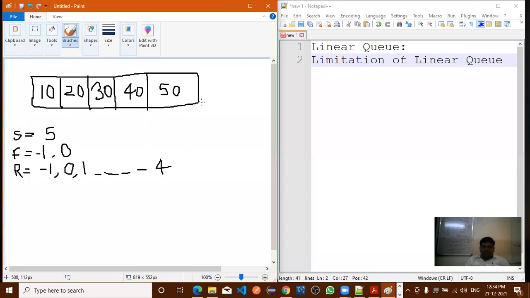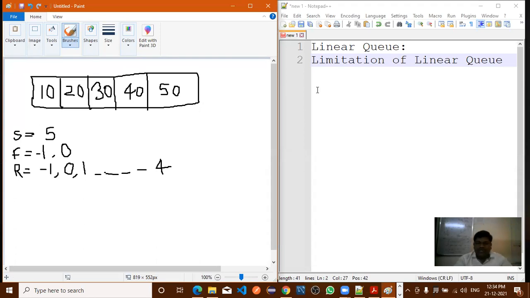If rear is greater than or equal to size - 1, or rear is equal to size - 1, right? Always we write greater than or equal to. If you write equal to, that will also work, but we write greater than or equal to.